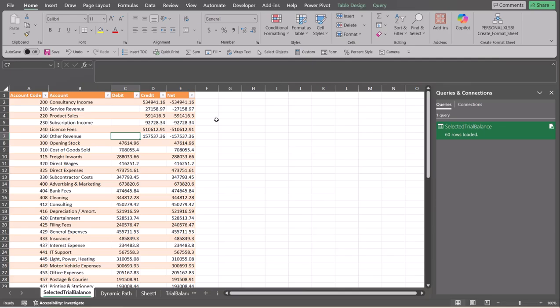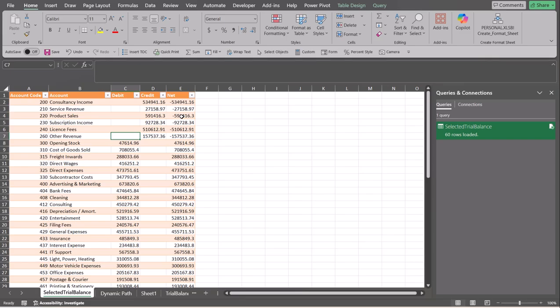And that's what matches here in the query. So this is the power of using named ranges in Excel and with Power Query to dynamically select what data that you want returned when you do a refresh or when you first initially load your data into Power Query